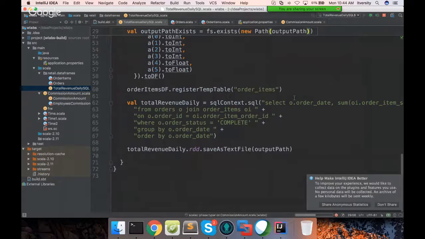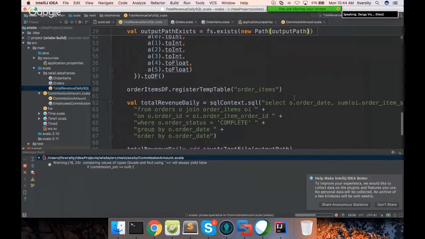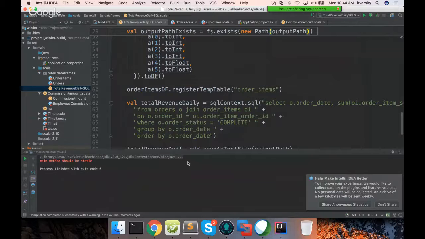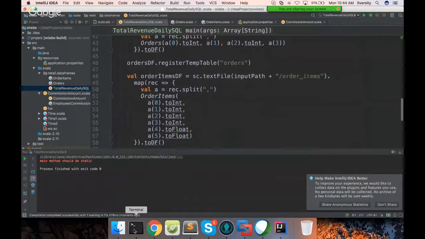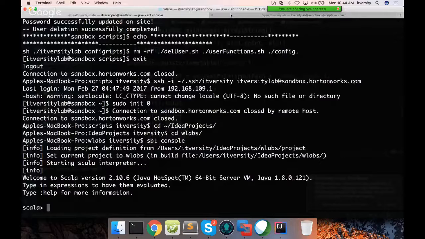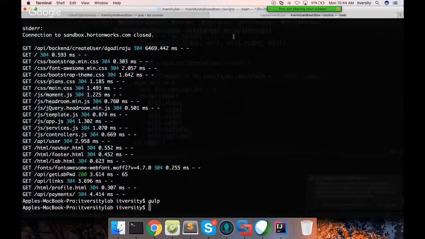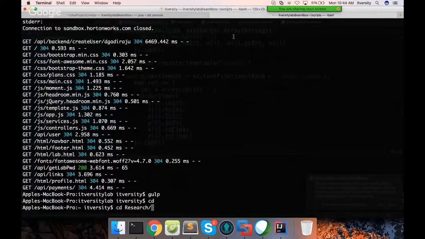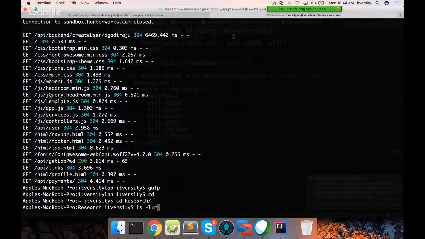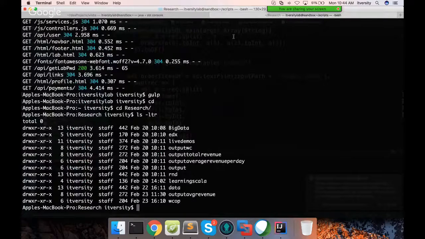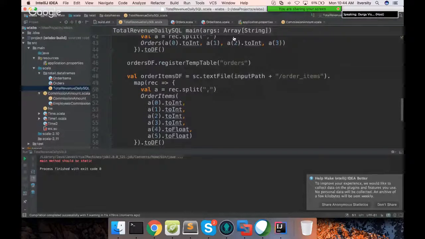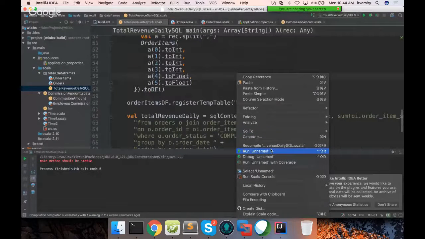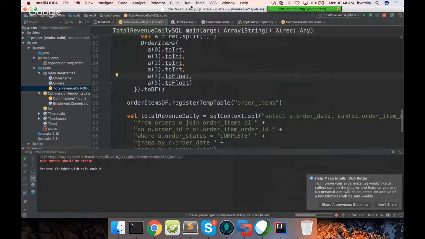I'm not sure whether I have ran the correct one or not. Yeah, I didn't run. Okay, it's just a warning, so we can ignore that. Okay, so now let us go to the output path and see if it has created or not. It did not, so it didn't run actually. I ran the wrong program. So recompile and then